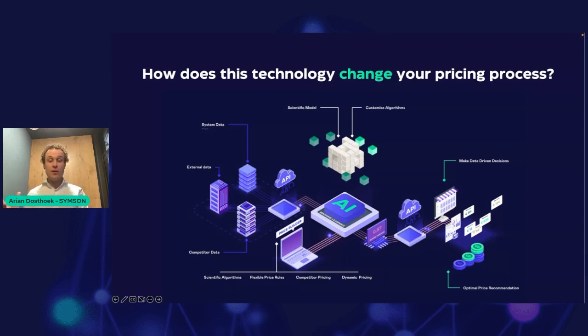And on the other side, we have an export API, where you can get these updated prices, the recommended prices based upon these variables, to send back to your ERP system, the web shop, or any other system you currently use for making your prices visible to your customers. So this is a 3D visualization we made to give you a little more insight into how these price loops work in an AI tool such as SYMSON.